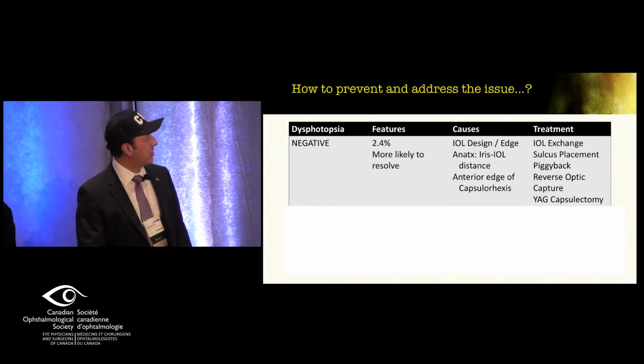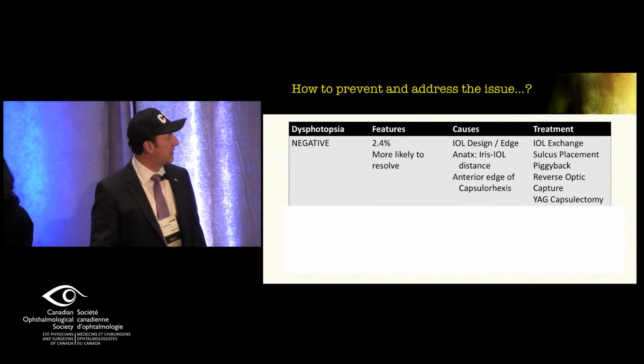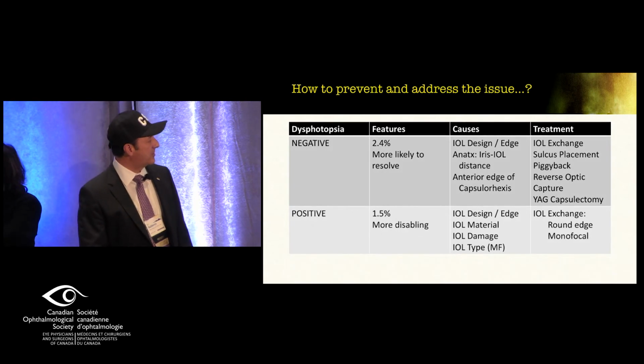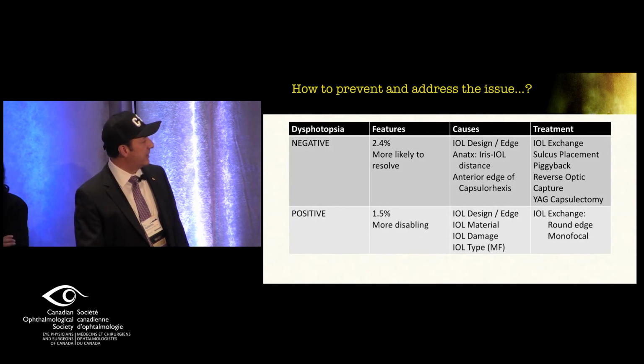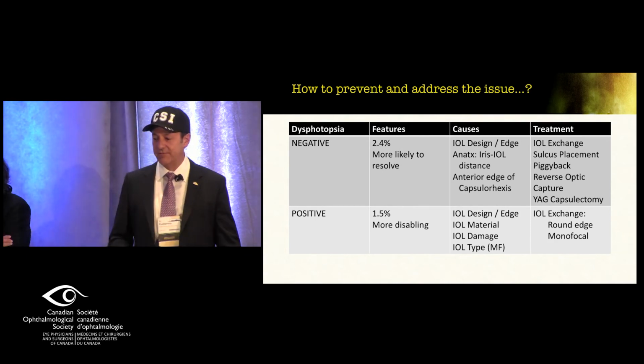And they have different causes, as you can see here, with IOL design, anatomical factors, the edge of the rexus, and we can exchange it or place it in the bag. These are some of the treatment options that you see there. On the other hand, positive dysphotopsias are more disabling. They're less frequent, and they're more related to the design of the lens, and you usually have to remove the